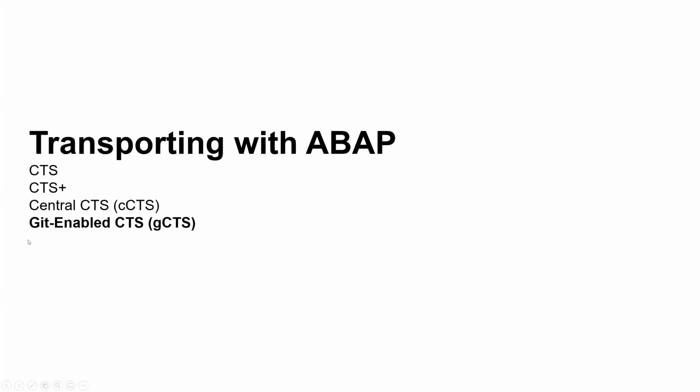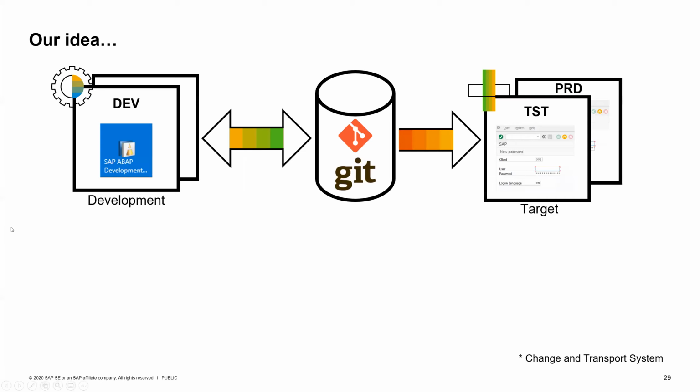The latest innovation that we have in this area is the Git-enabled CTS. And as I said, that's only a short glimpse on that for today. We will have a separate session on this in October. But the very basic idea of the GCTS is that you now use Git as the storage for your ABAP